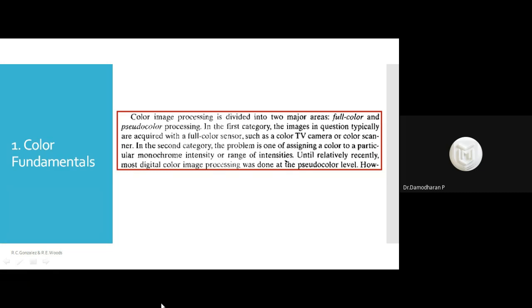We are forcibly or voluntarily adding color to the image. We call it pseudo color processing. So mostly we discuss full color or pseudo color. Full color means what we see, we are able to capture in the image. Pseudo coloring means we are able to add color to a grayscale image,